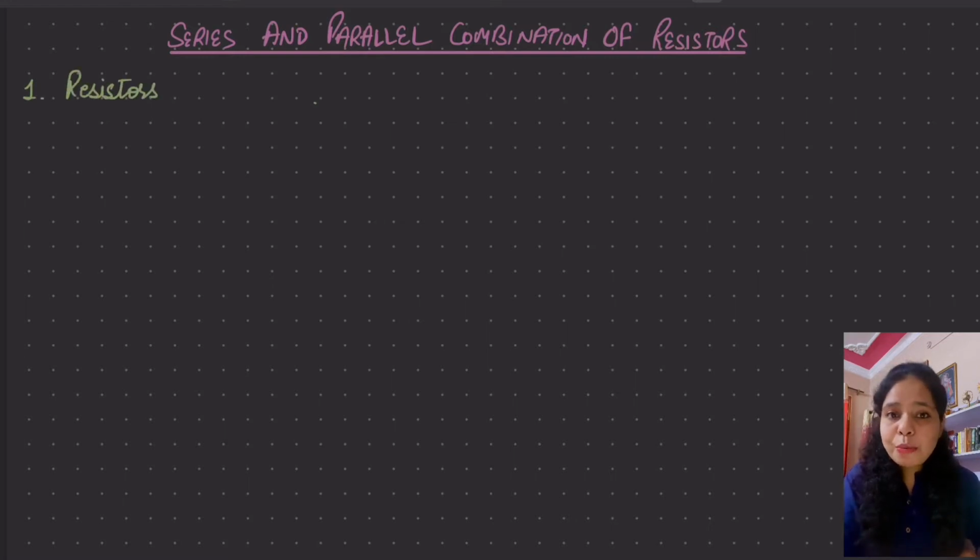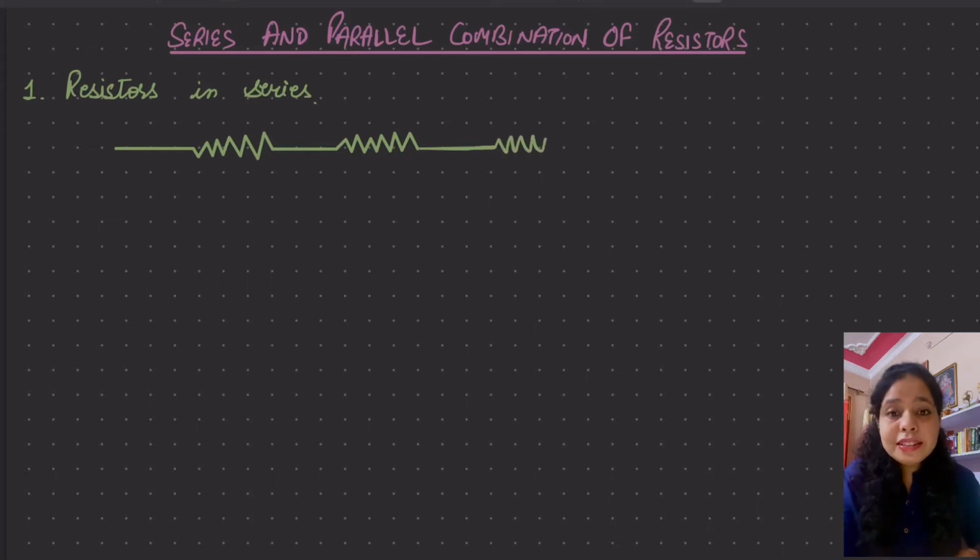When we talk about the resistances in series, we will consider three resistors R1, R2 and R3 connected in series combination. How can we say that these resistors are connected in series? The answer is that these resistors are connected in such a way that there is no way for current to change its route. As current is not going to change its route, we have these resistors connected in series.